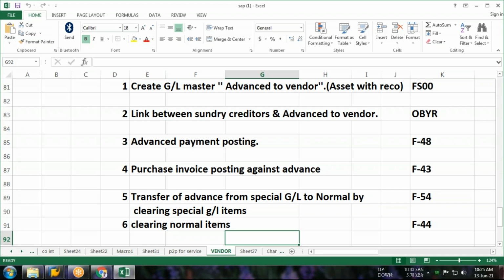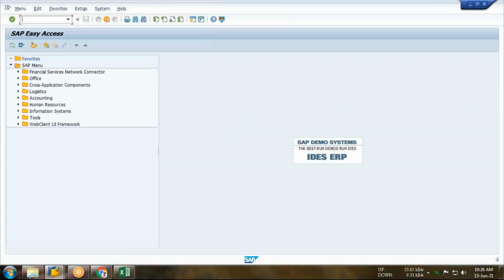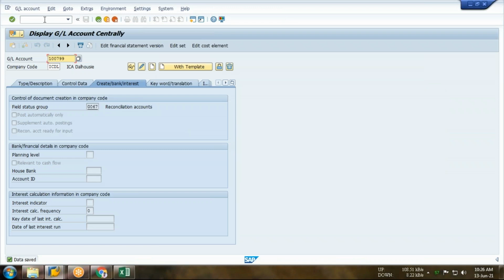So how to link between the creditors and advance to vendor. So guys, what is the T code for it? OBYR, right?